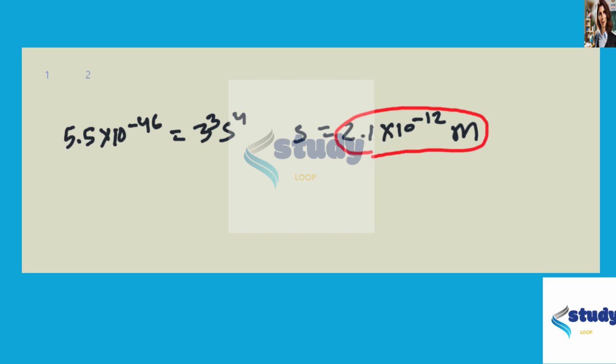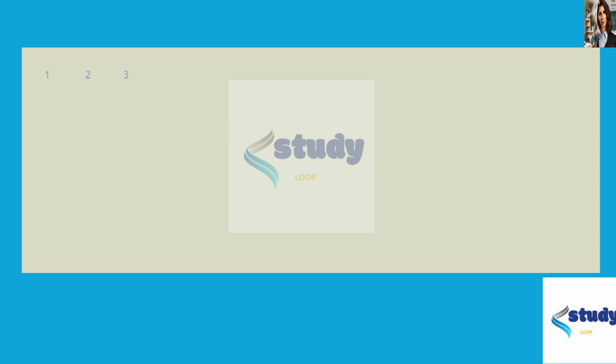Now we have to find the solubility of AuOH3 in 1 molar nitric acid solution. So in 1 molar nitric acid solution, the dissolution of AuOH3 will occur in 2 steps. In the first step, AuOH3 will be dissociated to give Au3+ plus 3OH-,